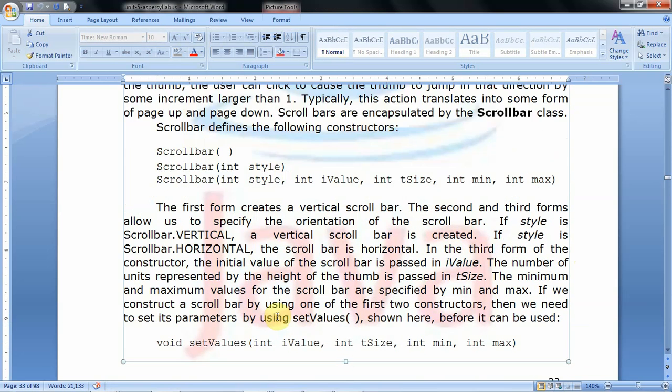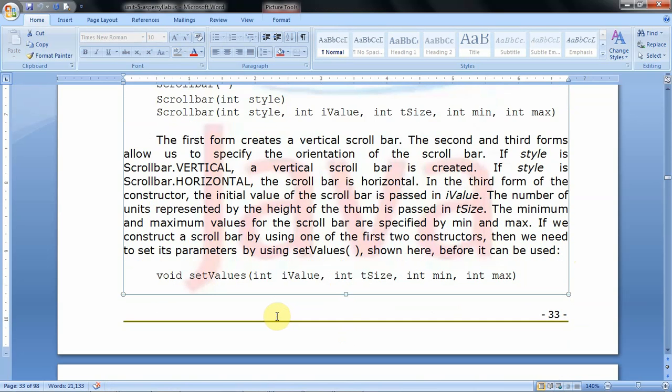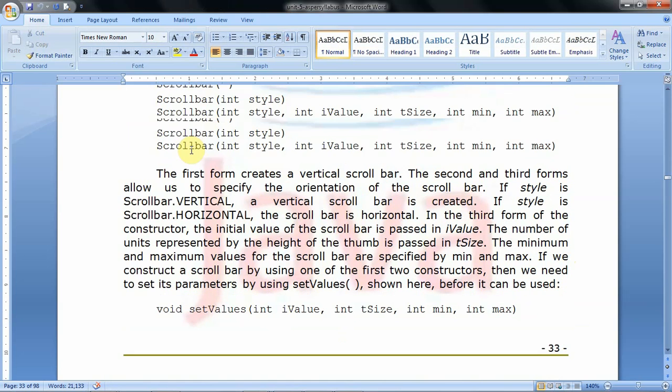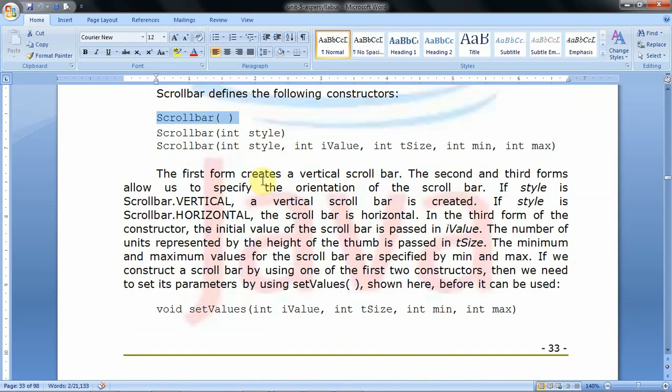So related to these scroll bars, we have these methods. One is void setValues. Suppose I create a scroll bar by using the first constructor, then it is necessary to set the values. So for that we have the method setValues.